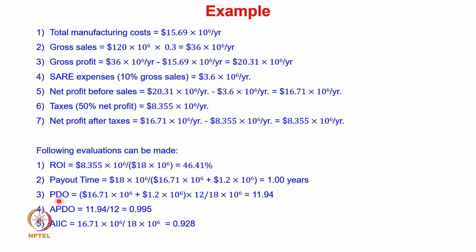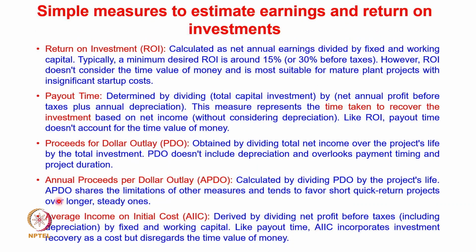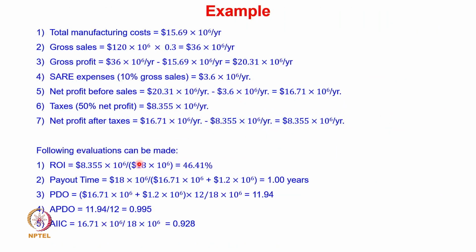Then PDO. PDO, which we have defined as proceeds per dollar outlay, is the total net income over the project's life divided by the total investment. So whatever the total net income is over the project's life, divided by total investment, that is the proceeds per dollar outlay. So in this case